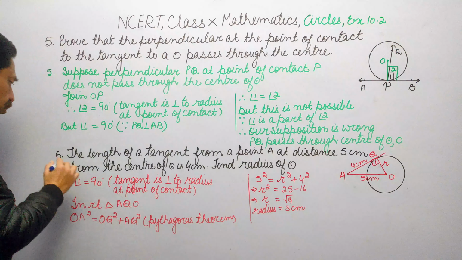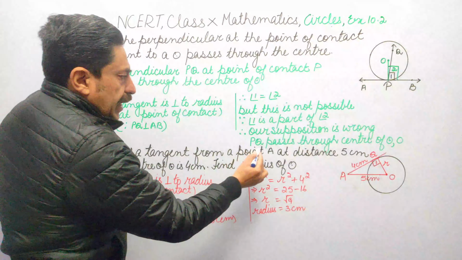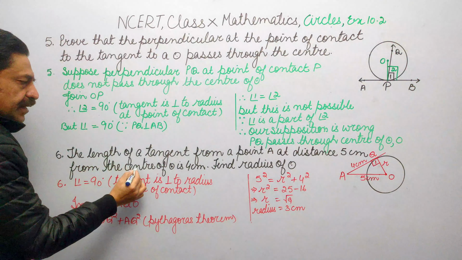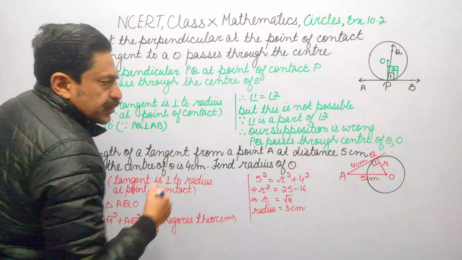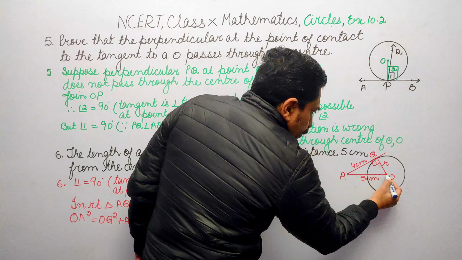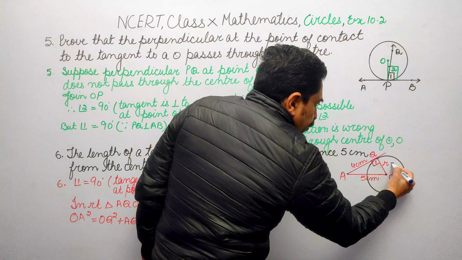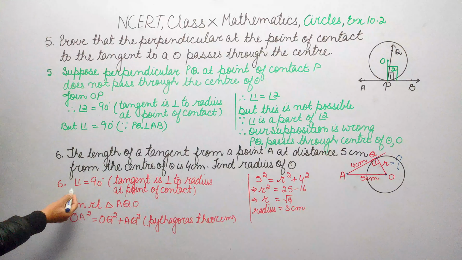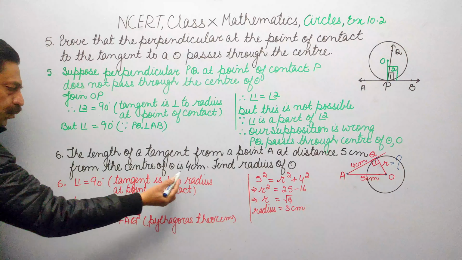Now, next question. Question number 6. The length of a tangent from a point A at a distance of 5 cm from the center of a circle is 4 cm. Find the radius of the circle. Now, the distance of the external point from the center is 5 and the length of the tangent is 4. We have to find the radius. We begin with angle 1. Angle 1 is 90 degrees. The tangent is perpendicular to the radius